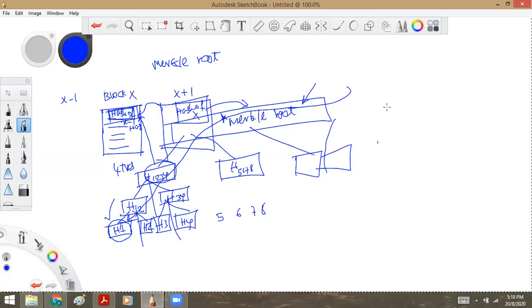Each node is maintaining a copy of the whole blockchain, right? So at the time of comparison, at the time of syncing, Merkle root is used. If there is an odd transaction, it will wait for the next transaction to come. See, imagine there are 5 transactions in this block, a transaction can't be split between blocks. So it will be only H5. It will create only H5, that's it.